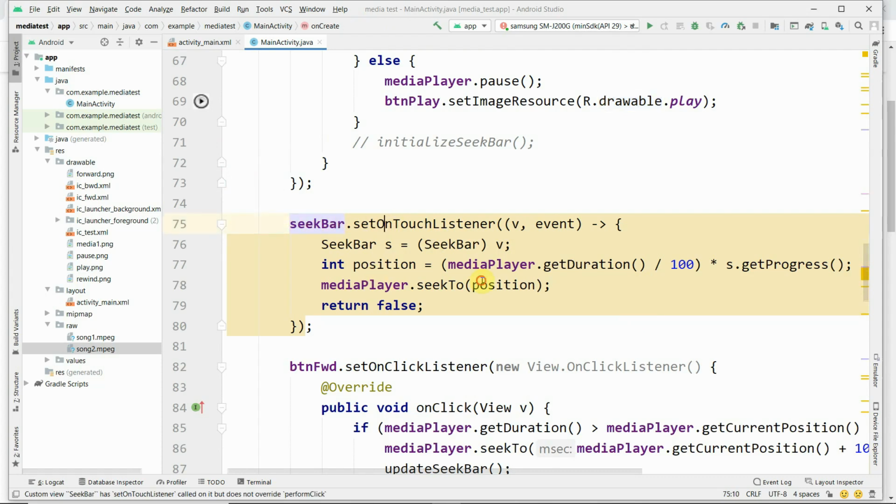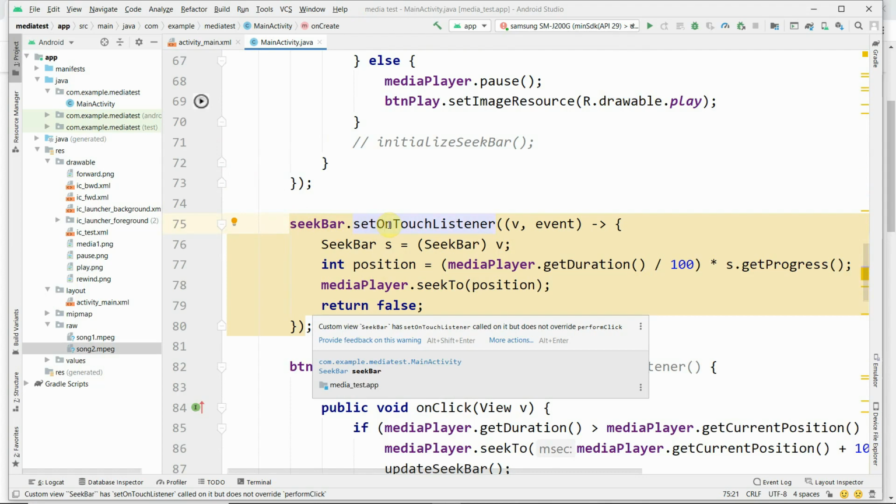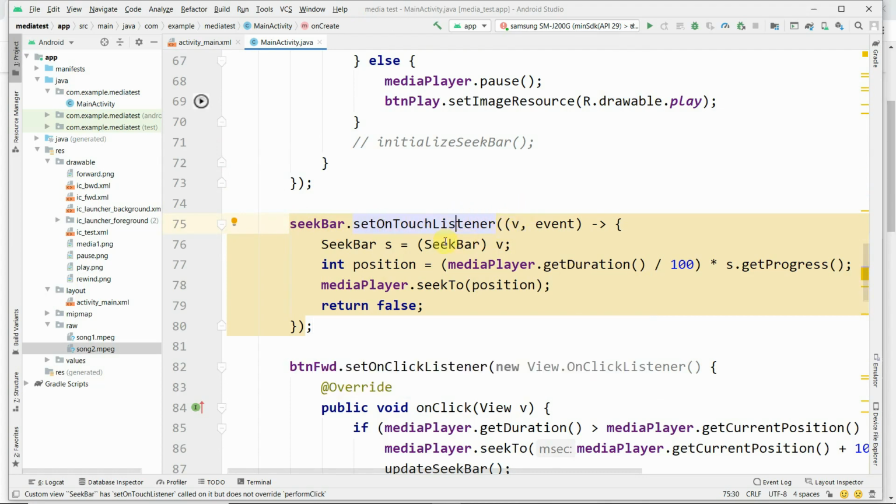When you scroll through the seek bar, seekBar.setOnTouchListener, with the seek bar object v and the event as two parameters, in the flower bracket, first we are creating a SeekBar object as s and assigning v, whatever we passed as a parameter, to s. Then the current position we are getting from the seek bar by using mediaPlayer.getDuration divided by 100, because here the media player duration is in milliseconds.